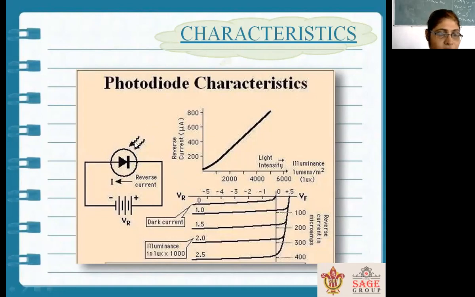But when light falls on the diode, the photons of the light energy give energy to the electrons present at the depletion layer, and these electrons knock out the covalent bond, come out from their valence band and go to the conduction band and start flowing. So a very small current starts flowing. You can see the current has increased as compared to this. With the increase in light intensity, you can see this light intensity is 1.5 lumen per meter square. Similarly, this light intensity is 2.0 lumen per meter square. With the increase in light intensity, the current is increasing.